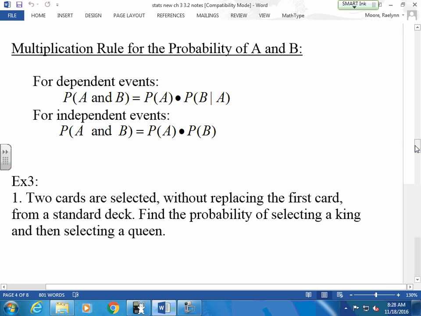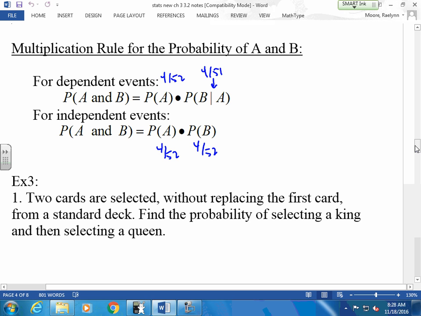Okay, so we kind of see what's going on here, and we've been doing them together because I like to use examples rather than just use A's and B's because it makes no sense with A's and B's. So we've noticed that we've been multiplying these. And for dependent events, all it's saying is when you multiply the first one, just remember to take out what's changed. When I'm independent, I multiply them the same, that nothing caused them to change. This is the fact that we took out the king, 4 out of 52. This is the fact that we removed a card and took out a queen, 4 out of 51. This is when we replaced it, 4 out of 52, 4 out of 52. Just a replace, a no replace.